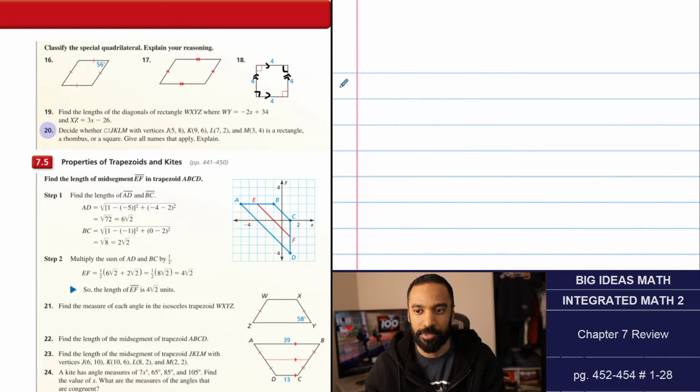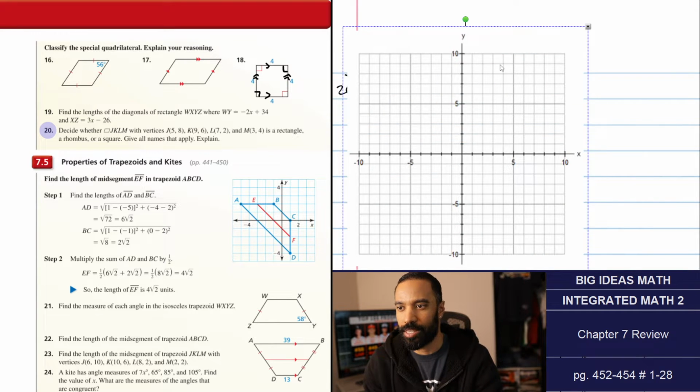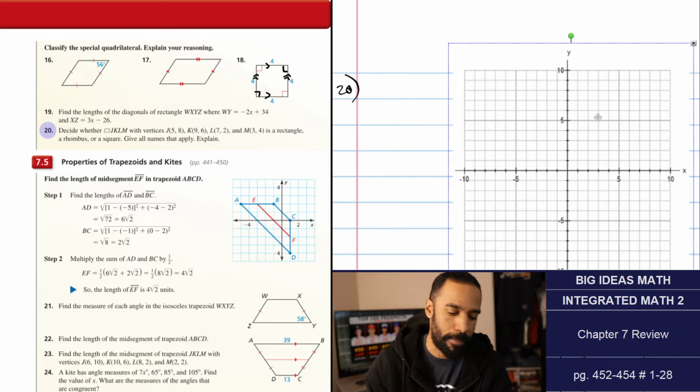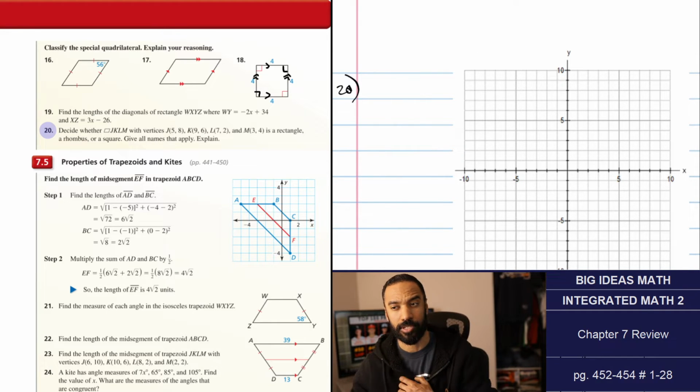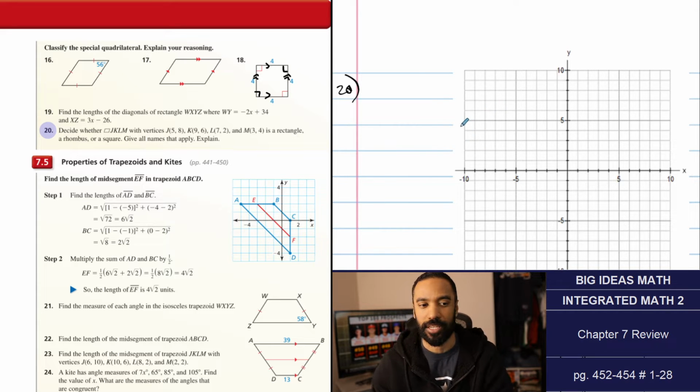Generally, they don't say give all names that apply, but here's the thing. If it is a square, that means it's also a rectangle and a rhombus. I think it is crucial that they tell us it's a parallelogram first. That means we don't need to test things such as opposite sides are parallel, and that means we have to do very minimalist testing here. And I'm going to show you which minimalist testing I'm going to decide to do. It's based on the kind of shape that they give us. I'll show you what I mean,